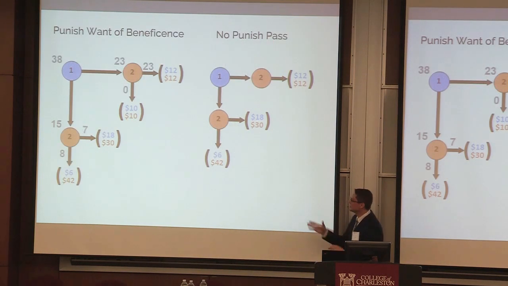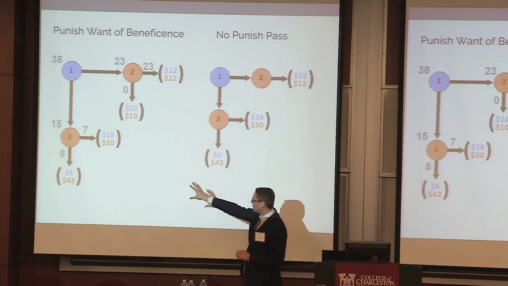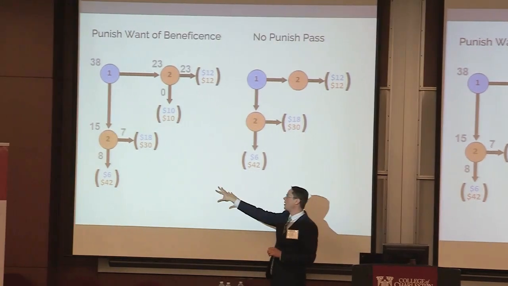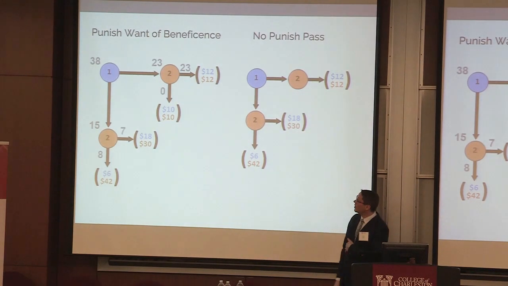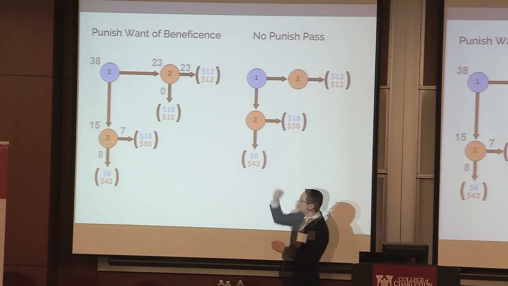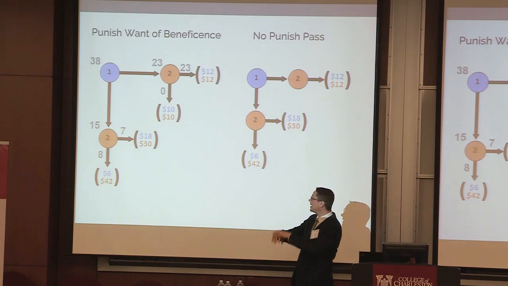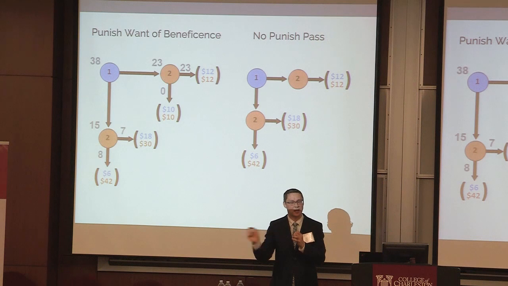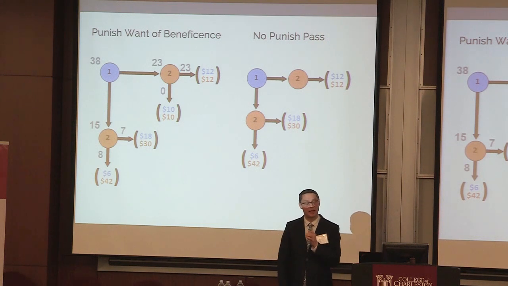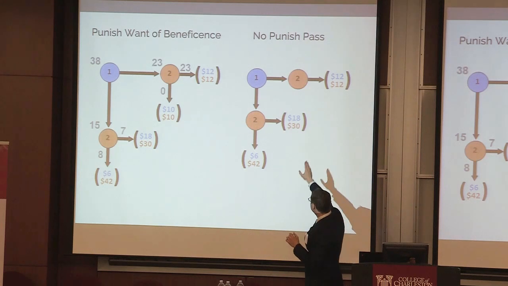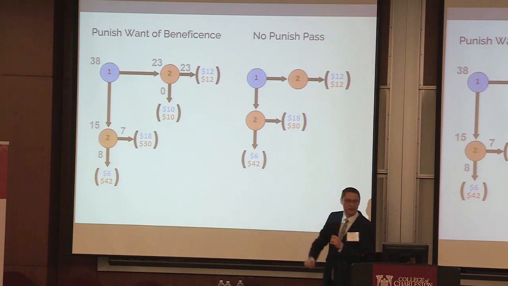We find this unanticipated result, that 2s are not rewarding beneficence and 1s are not expecting them to, and so they're acting less beneficent in the first place. So we did two things at once. We added the second person to actually doing and clicking something, and we added the payoff down there of 10, 10. So let's take out the payoff for 10, 10.